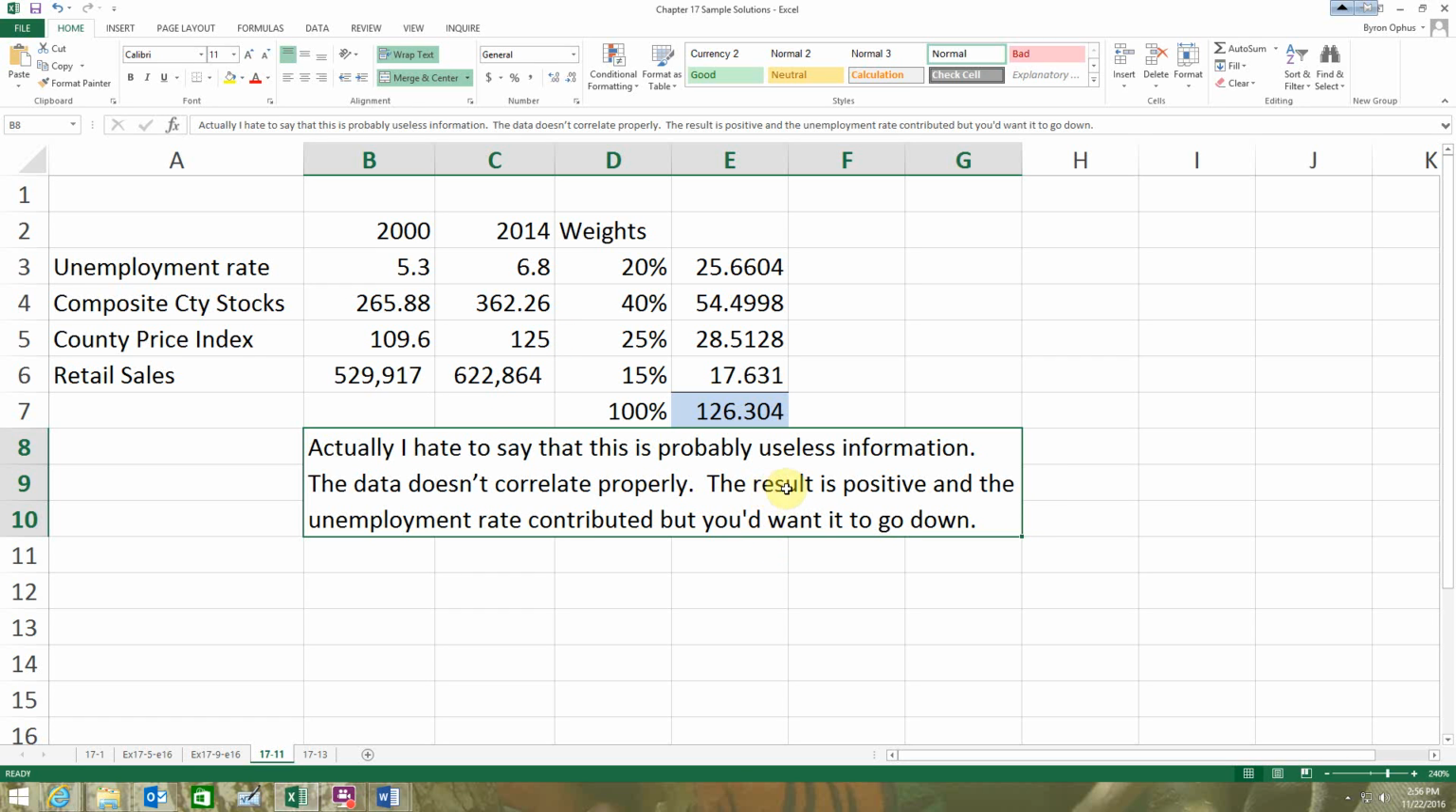And why do I say that? The result is positive and the unemployment rate contributed, but it's a bad thing that unemployment went up, right? It went from 5.3 to 6.8. That's a bad thing, and yet, because we're dividing this one by this one, it makes it look like a good thing. Now, I imagine you could reverse those,